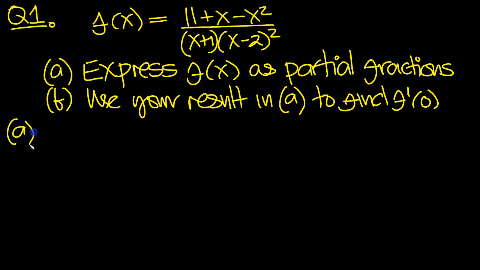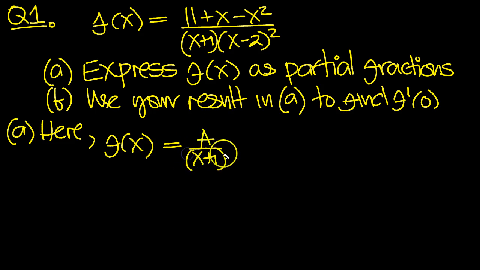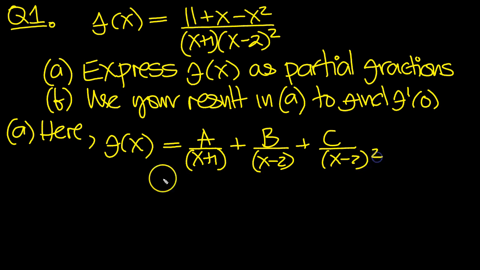So the first thing to do is to express f of x as partial fractions. So here then, let's just write f of x is equal to, now this is of order 2 on the top and it's of order 3, so it's a proper partial fraction. This is a linear factor, so we can use the linear factor case, a over x plus 1 plus, this is a repeated factor, so it will be b over x minus 2 plus c over x minus 2 squared. So multiplied by the denominator, actually we could write that down explicitly, couldn't we? So multiply by the denominator